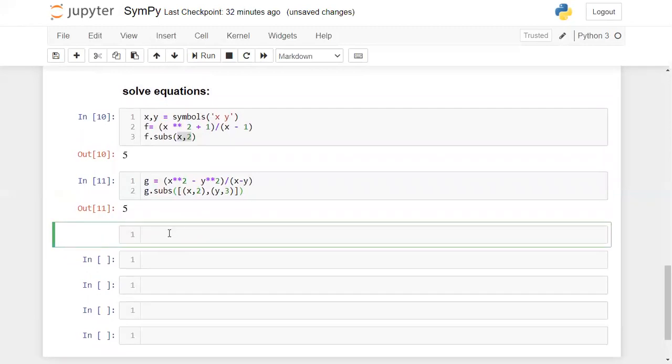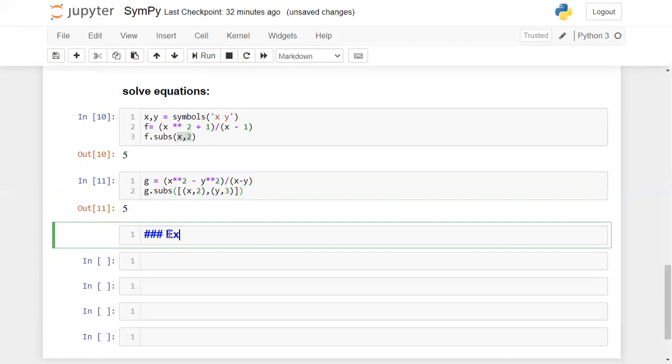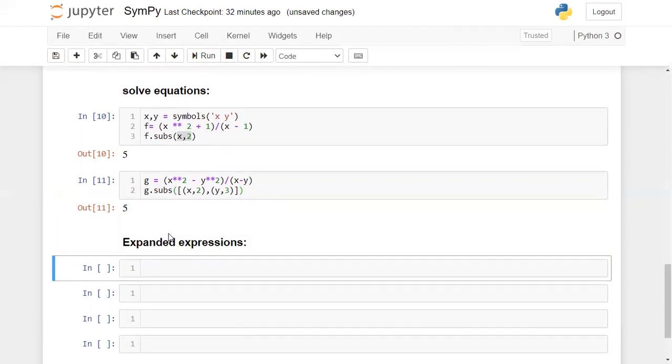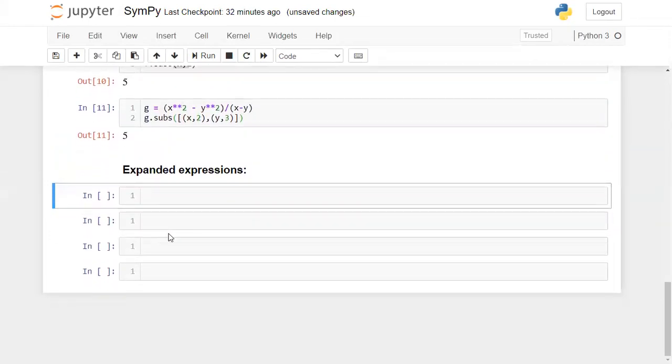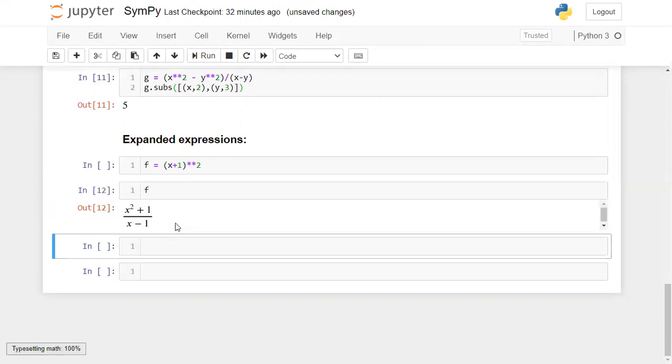And the next one is expanding expressions, how you can expand your expression. This is very interesting if you observe clearly. Whenever you want to expand any expression, we'll be using some function. Before that, I will create an expression first. I'm writing x plus 1 whole square. You know the formula, a plus b whole square. In a similar way, I'm writing x plus 1 whole square. So this f returns. Now when I write f,